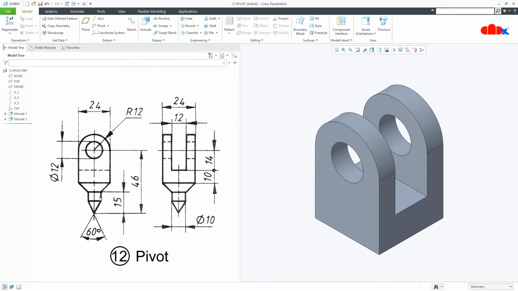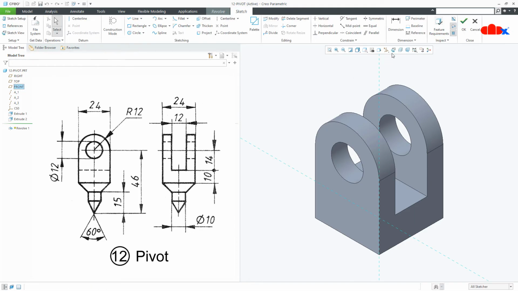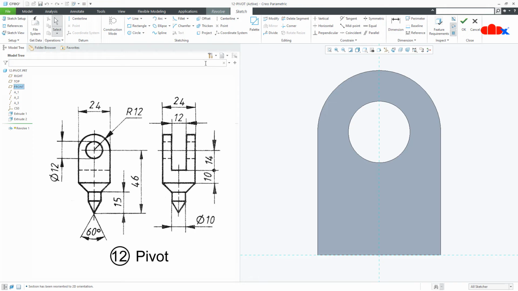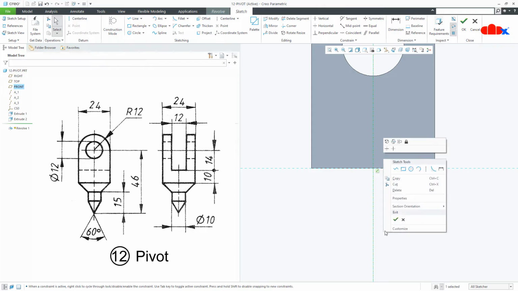Now the next feature I'll create is this portion, and for this I'll go to revolve onto the front datum plane, normal. I'll place a datum center line. I'll draw the rough sketch.